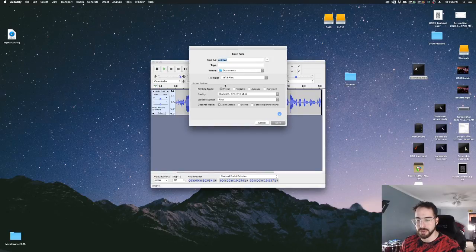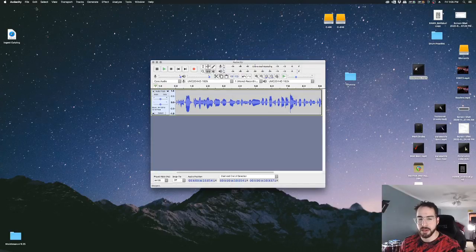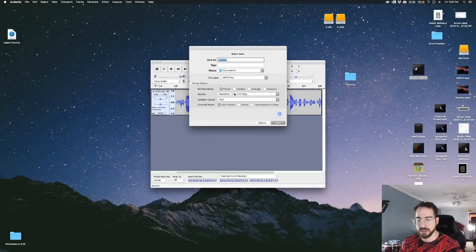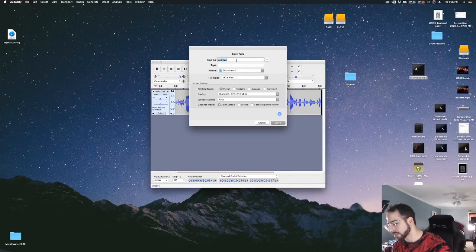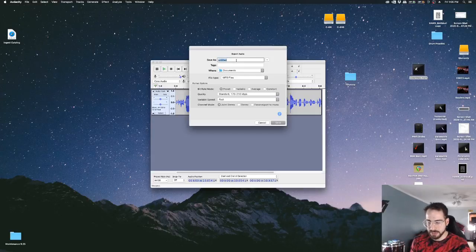So I want to do MP3. I would prefer to use just their standard export as MP3. Look at this, just make sure it's a pretty decent MP3 quality. I don't know if you're trying to export this to Bandcamp or something, that would be a different story, but